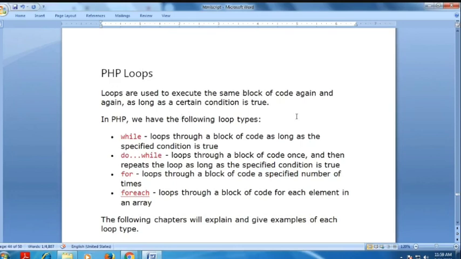What is the definition of loops? Loops are used to execute the same block of code again and again as long as a certain condition is true.